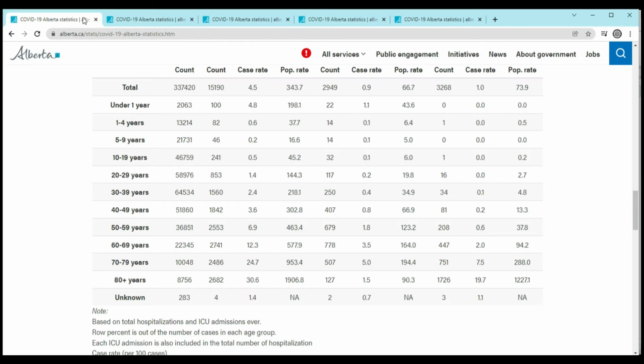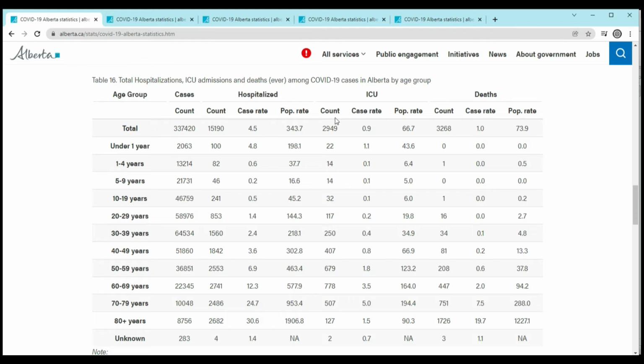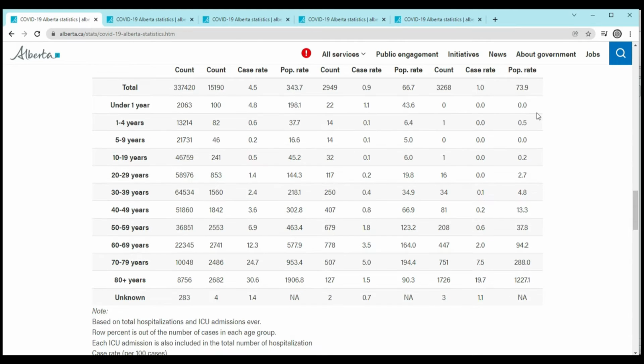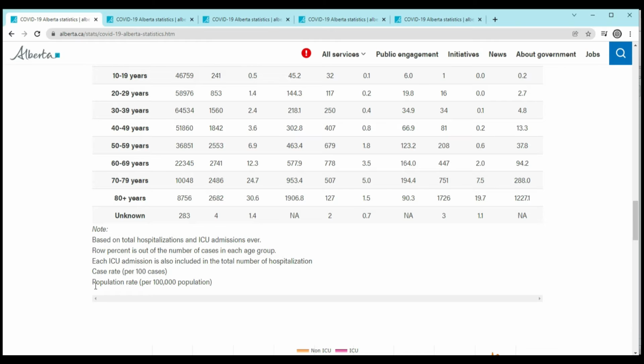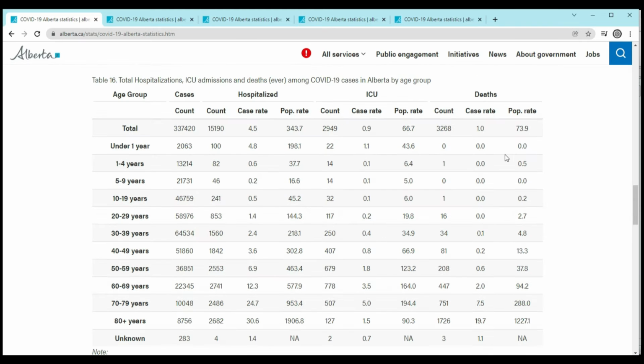It's December 8th, 2021. I'm going through the Alberta government data, COVID-19 statistics, starting with the mortality page here, the highlights, or as it were. So under the total count here at the very top, under deaths, total, 73.9 out of the population rate. Population rate down here is 100,000 cases. So total overall across all age groups,